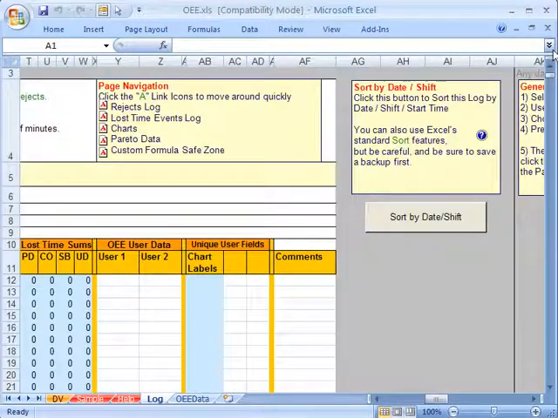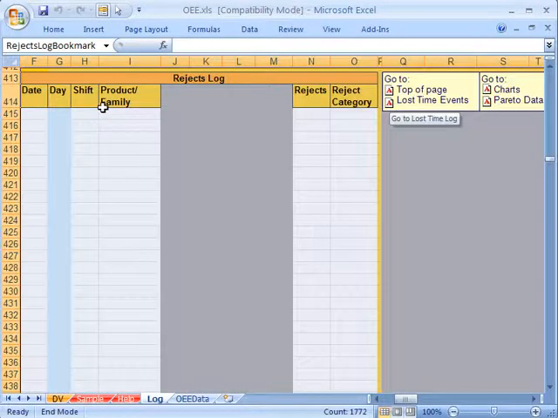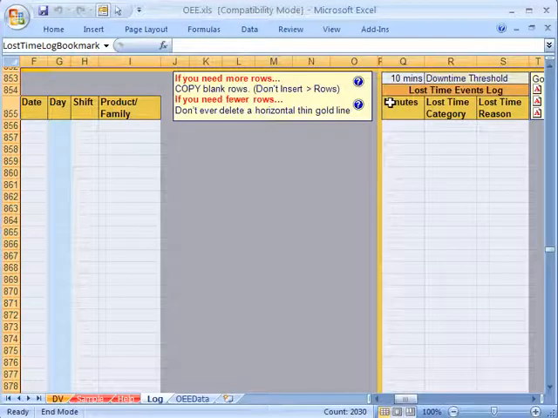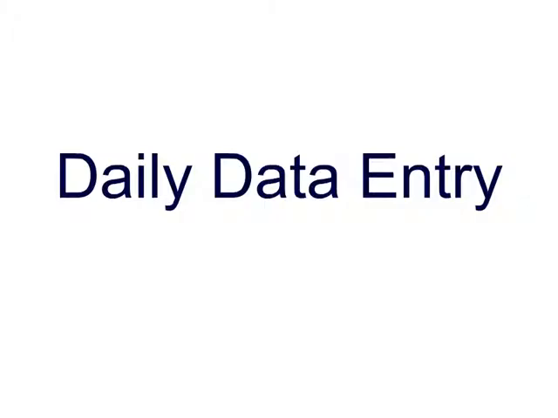A stands for an anchor link within the same workbook, and when you click one of those A links, it'll take you directly to the section where you wanted to go. And in each section you'll find similar anchor links so that you can quickly navigate between the sections on this one worksheet. Okay, now let's walk you through typical daily data entry.